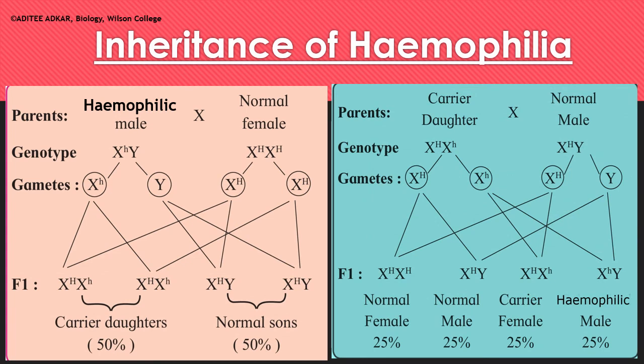So now that we have studied the two crosses, let us see how is the crisscross inheritance pattern. The hemophilic male gave birth to a carrier daughter. The carrier daughter carried the gene and she passed it on to her son, who is also hemophilic. So, hemophilia was inherited from the grandfather to the grandson through the carrier daughter. This pattern is known as crisscross inheritance.